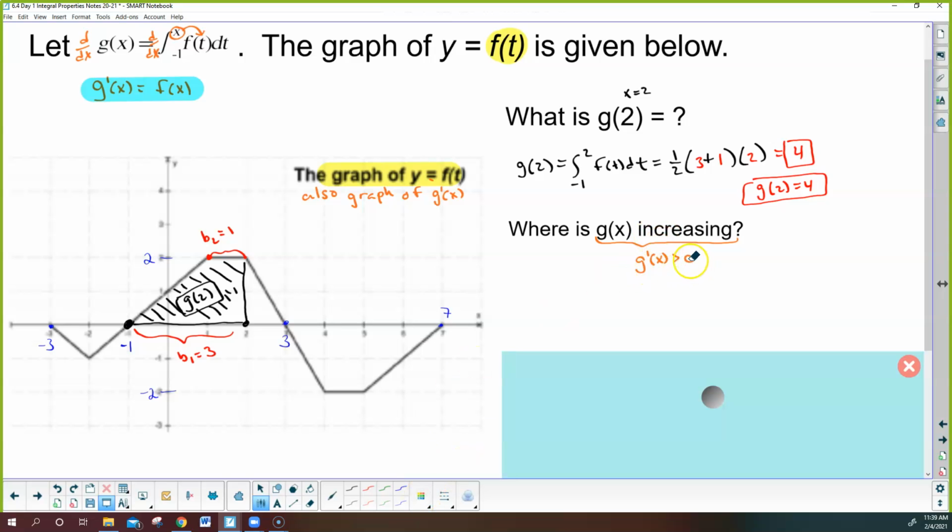When is g prime greater than 0? Well, this is the graph of g prime, so when am I greater than 0? Anytime this graph is above the x-axis, that's when g prime of x is greater than 0. So I know from -1 to 3, all of that is above the x-axis. So my answer here is g is increasing